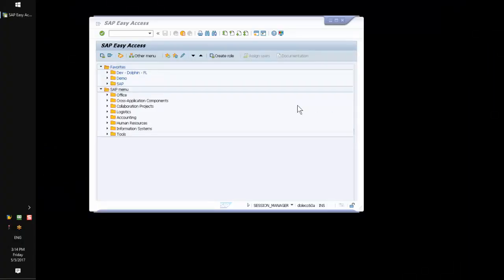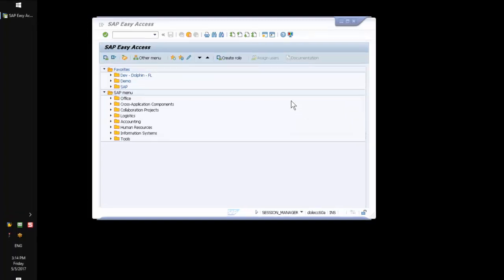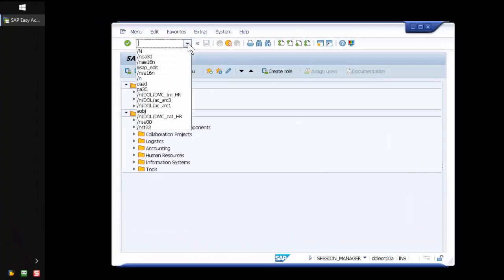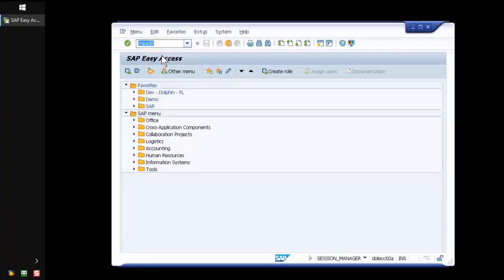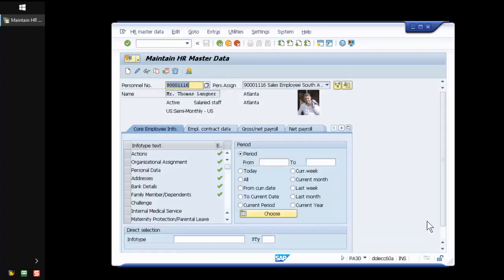This is part 2 of the presentation of the data management cockpit for HR. Let's look at one of the sample records which we will work with. In PA30, we'll just have one record. In this case, we're going to have just me as a sample record, and this time I will go through the process of